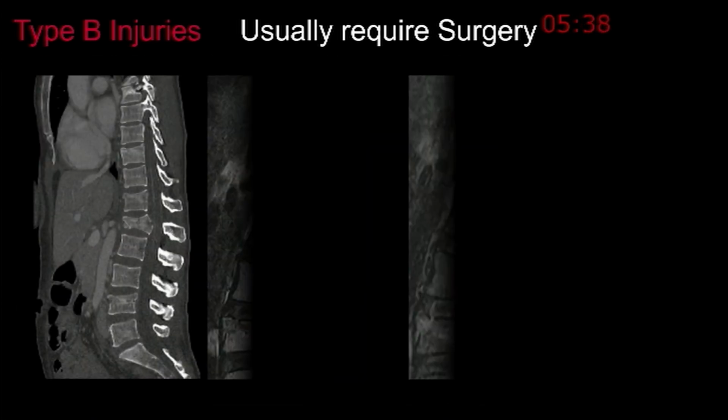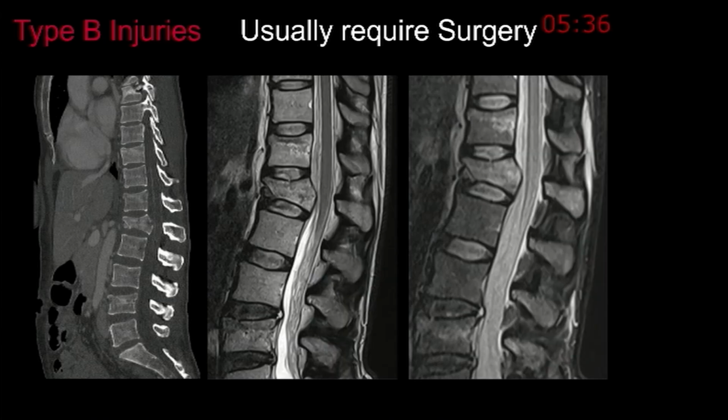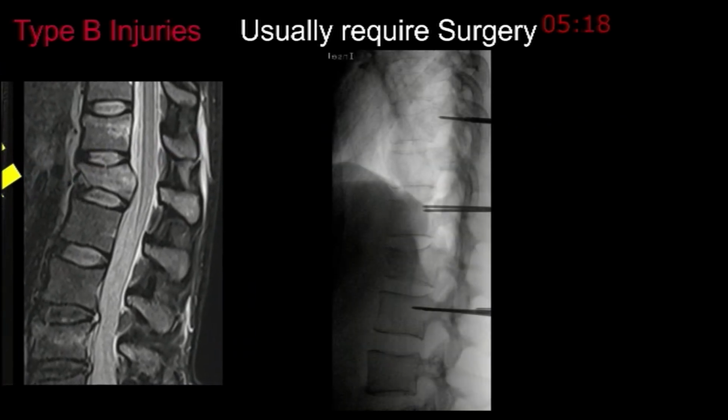Another example for a B-type injury, and I want you to emphasize this very well. The MRI is helpful in finding B-type injuries. You see the posterior ligament, the posterior black line disruption, and it's an A4 fracture in the front, but a B2 fracture when you do the MRI.